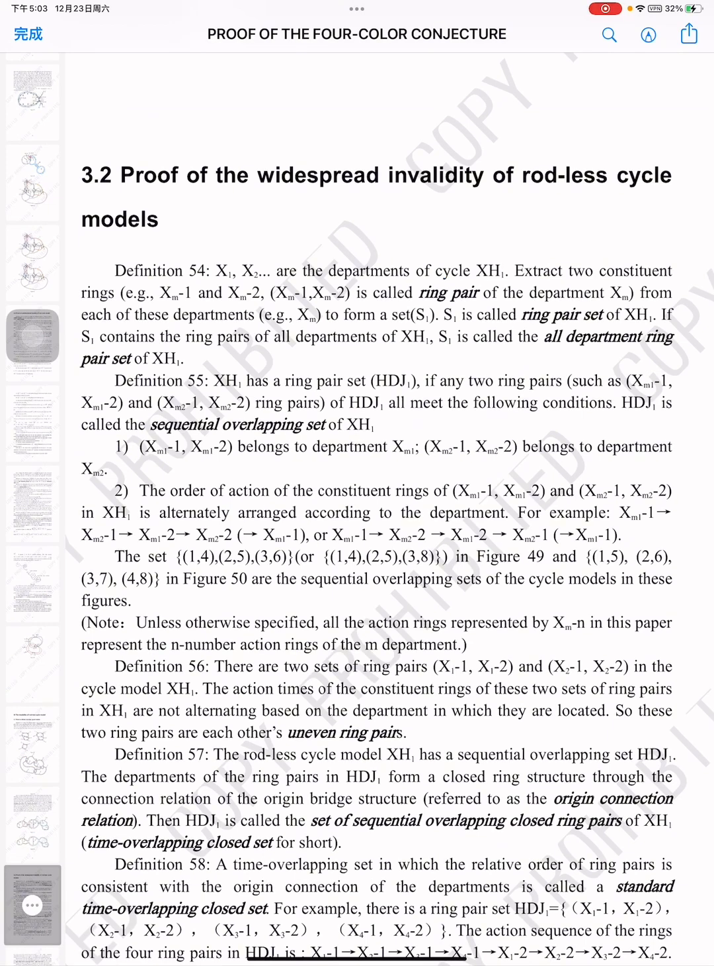Definition 55. XH1 has a ring pair set HDJ1. If any two ring pairs such as XM1-1, XM1-2, and XM2-1, XM2-2 of HDJ1 all meet the following conditions, HDJ1 is called the sequential overlapping set of XH1. 1. XM1-1, XM1-2 belongs to department XM1. XM2-1, XM2-2 belongs to the department XM2. 2. The order of action of the constituent rings of XM1-1, XM1-2, and XM2-1, XM2-2 in XH1 is alternately arranged according to the department. For example,